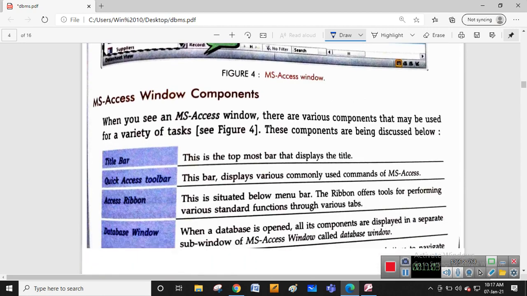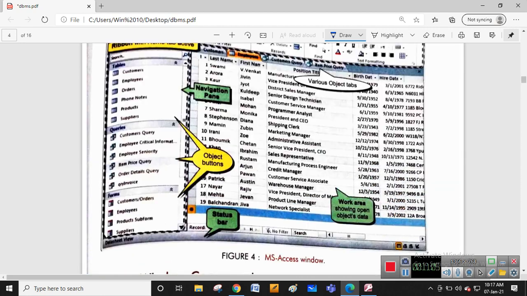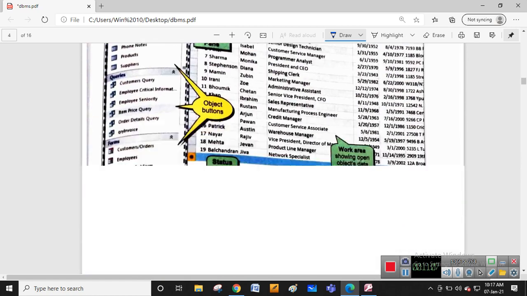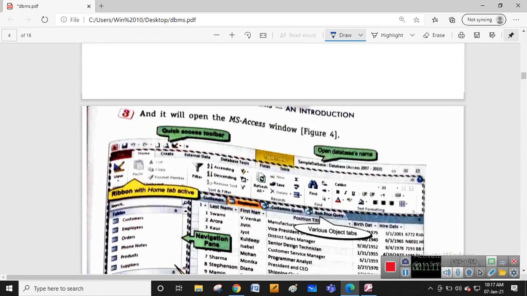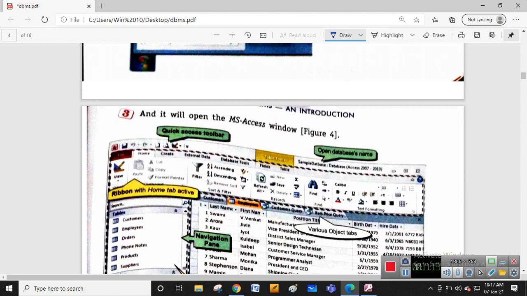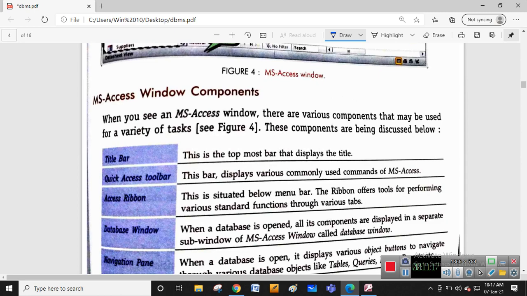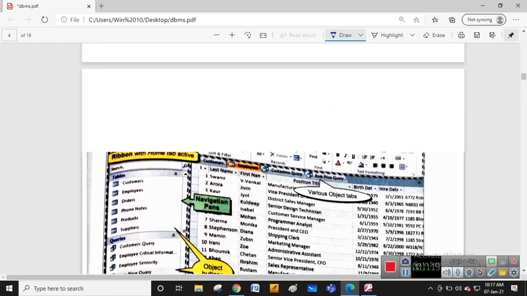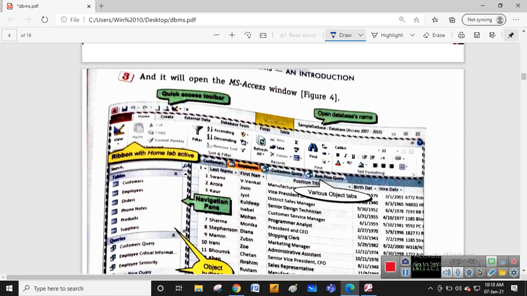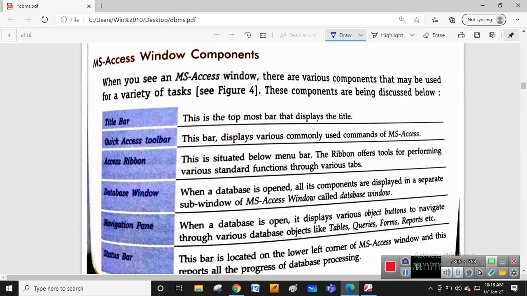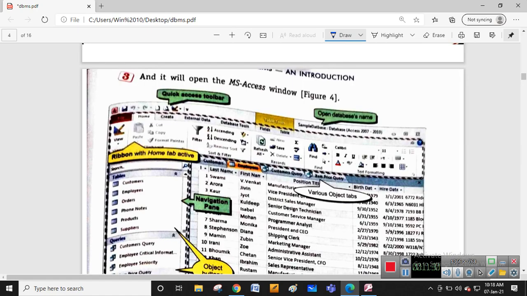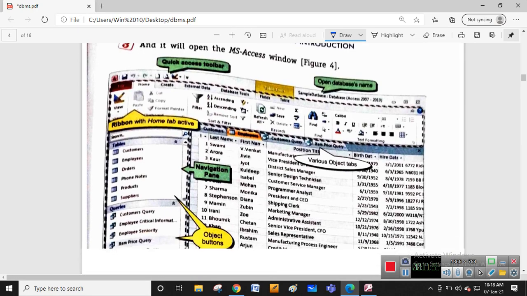So, MS Access window components. Title bar is the topmost, it is the title of this component. The next one, quick access toolbar: whichever options you want to use frequently, you can put in the quick access toolbar. Then the Access ribbon. And the database window, this is the database window you are seeing.